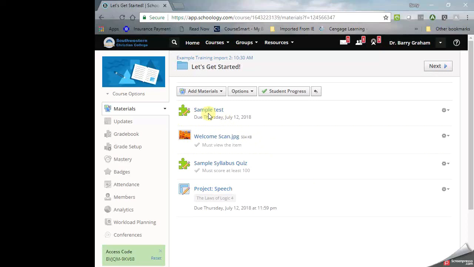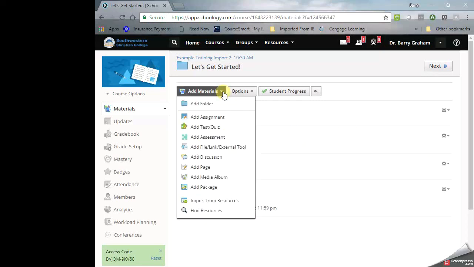But we are going to assume that obviously you need to know how to do this. So let's go to Add Materials. Whenever we click on Add Materials, this is where we add our content to a course. And so assessment instruments would be things like assignments or tests, quizzes,